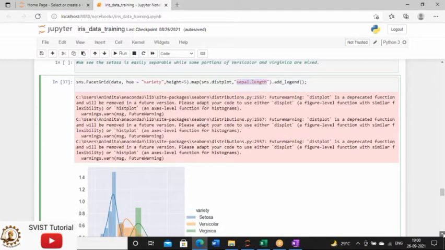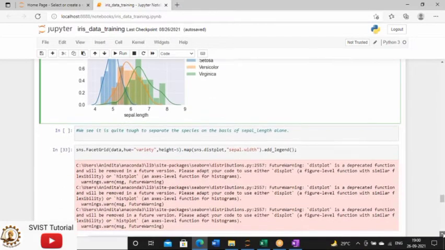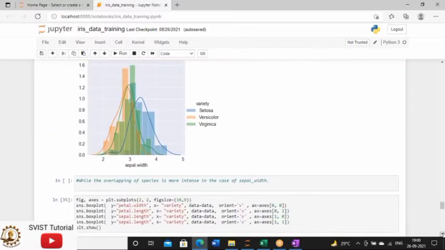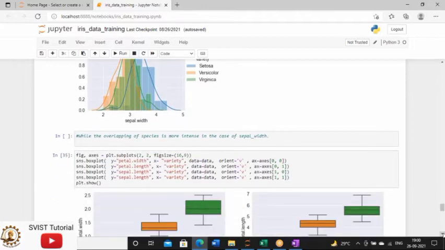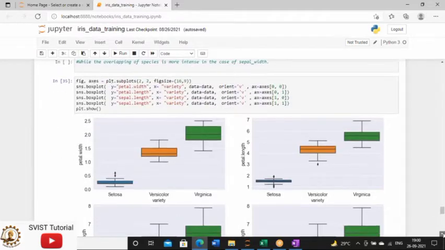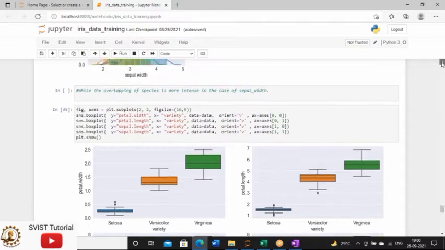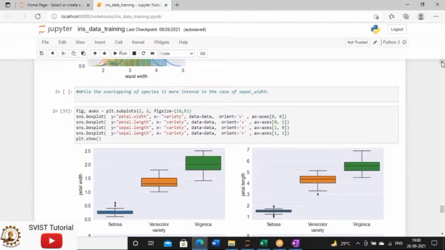Now you can use this univariate analysis one by one for different kinds of attributes or features that you have in your data set. But today I'm not talking about this. The main part is this one. This is one of the most important plots, which is applicable to each and every data analysis.